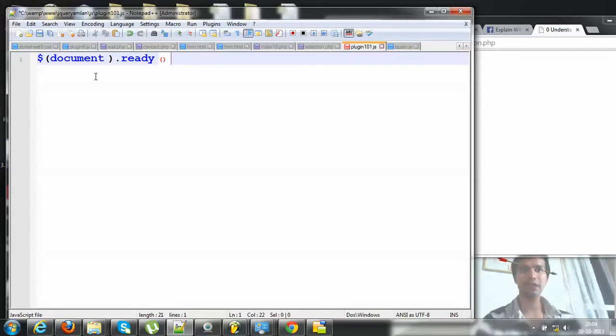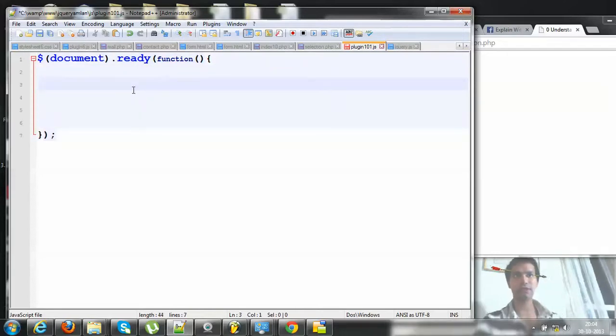Well, yeah, so we have selected the document, and please don't keep spaces there, otherwise sometimes the code doesn't work, and we want the document to be ready. Now this is a function. Inside the ready function we put in another function. This is the callback function, and then the function body inside curly braces, and then we bring this entire thing down, and here we write our code. That basically means when the document is ready, we are all ready to write our jQuery script, which is anyways JavaScript.